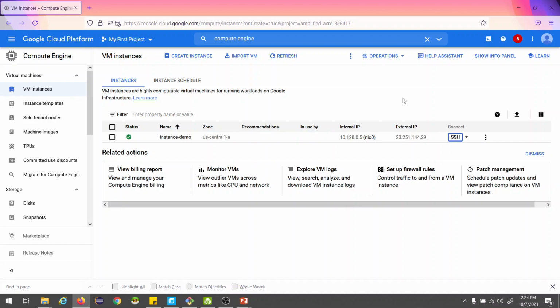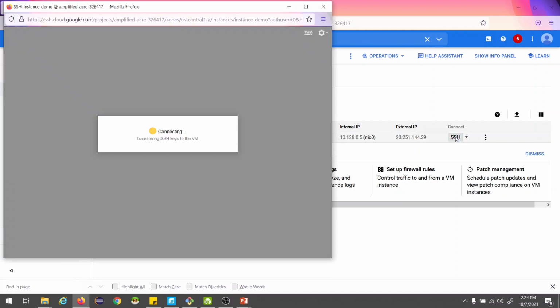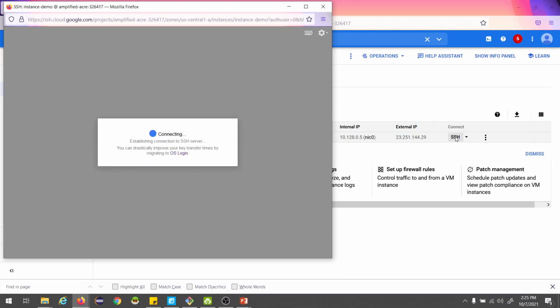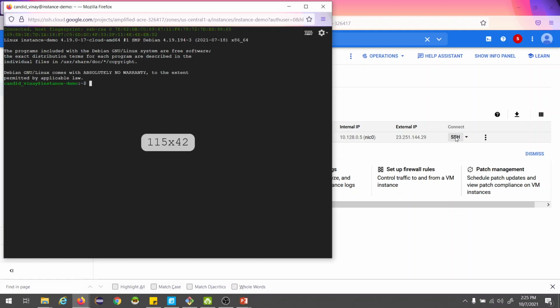Now the VM is up, and you can see the status is green, which says the instance is running. Just to make sure that the VM is running, click on SSH, and we will run some command to show that the VM is working fine. This might also take some time.